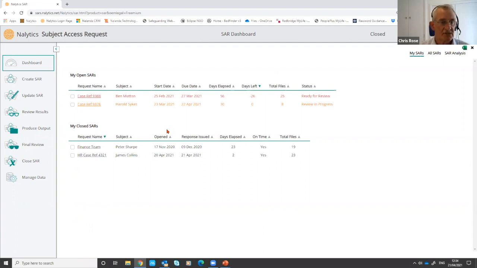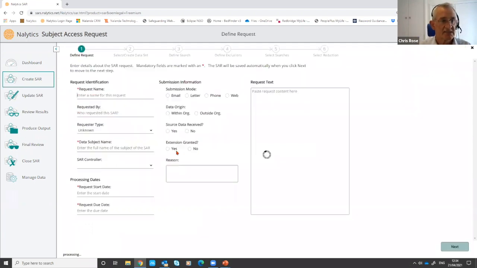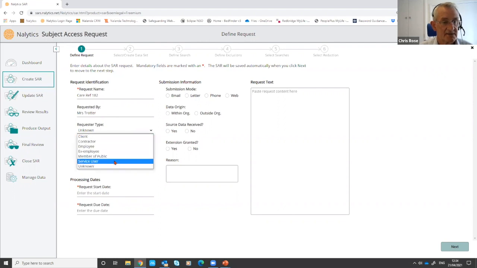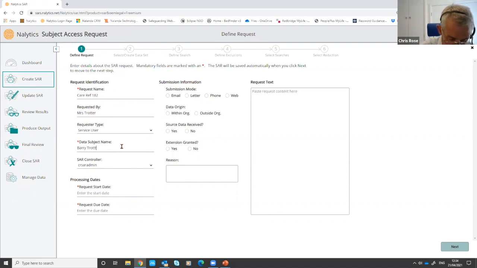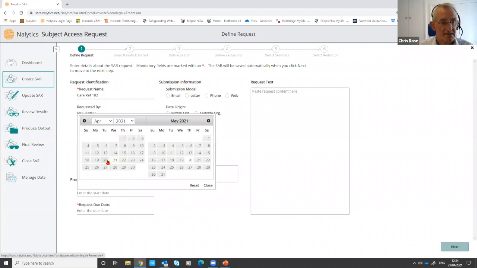So that's a very quick tour of how the SAR tool works in an HR type dispute. Again, just to give a quick recap at this time, perhaps for those of you that are looking in on this session, see it in the context of a care setting. So if I put it in as care ref. In this instance, this will just be identified as an ex-service user and the name of the individual, perhaps a child who is placed in care or in a care home setting, received care,